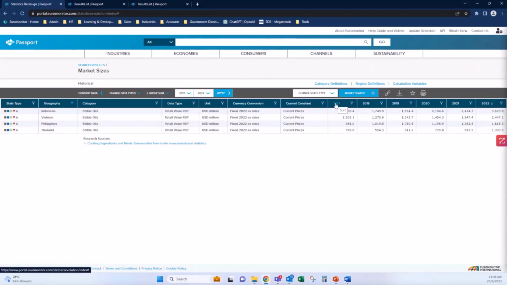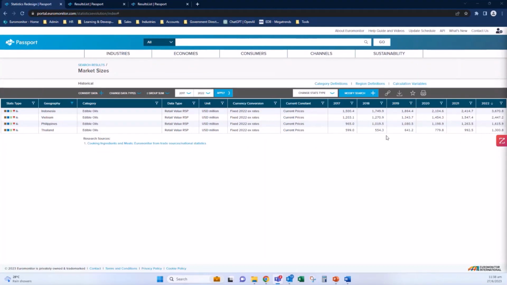Yes, so another important thing is, one thing is understanding, taking a picture of the situation up until now, which is what we're doing now. But another thing is understanding which country is going to grow the fastest or is going to grow the most in percentage, in compounded annual growth rate, in the next 5 years. Because if I am a company, a Thai company that wants to export edible oils, for example, into another country, and I want to see who are the main competitors or which country is going to grow the most in that industry,